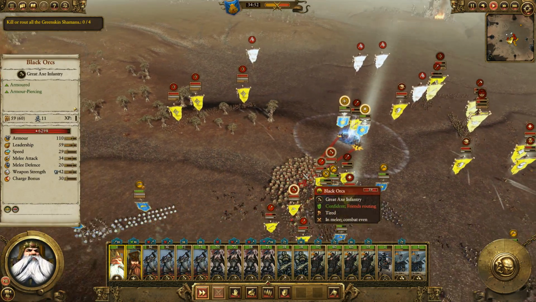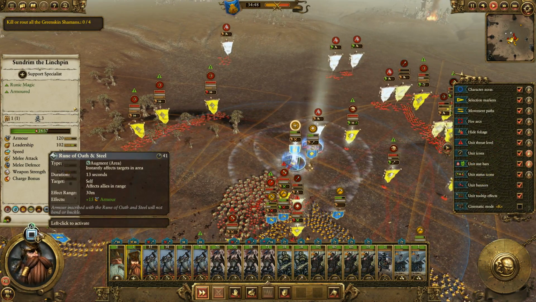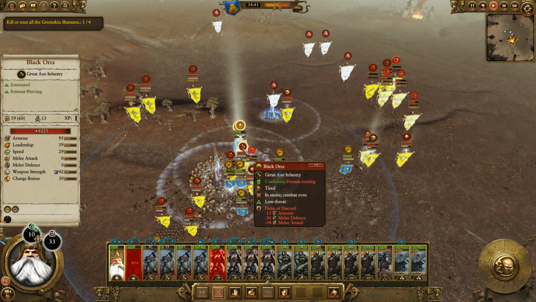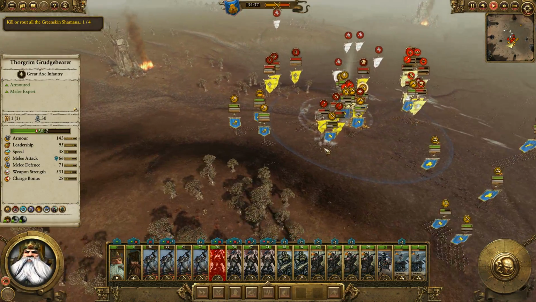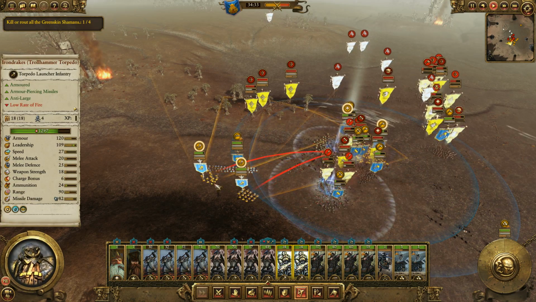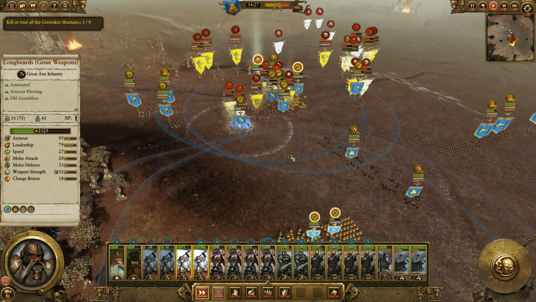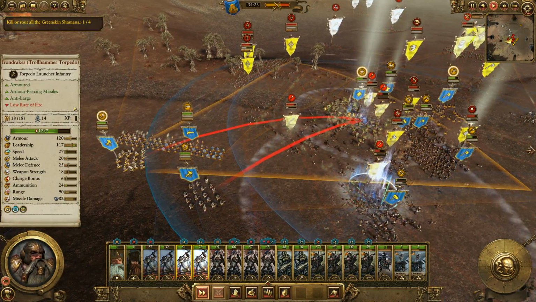Alright, I've got my heroes that can get into the back of these black orcs. I'm going to use the Helm of Discord here. And hopefully we can get some damage done to those black orcs. I'm going to get these Trollhammer torpedoes focused. Alright, we've got extra infantry ready to go. Trollhammer torpedoes